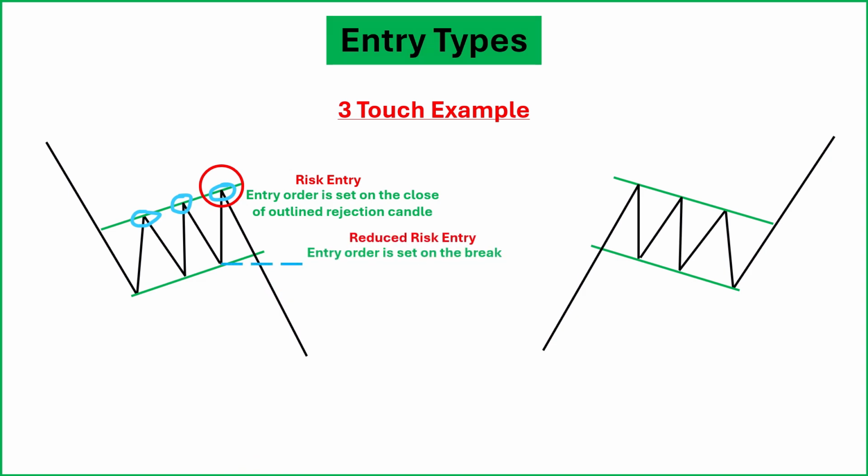Now down here, we have what's called a reduced risk entry. This is where the entry order is placed after the structure has broken. You're basically waiting for confirmation, letting the market show its hand first. Pretty simple and straightforward, right? So let's line them up. First, we've got our risk entry, and second, we've got our reduced risk entry. Both are valid. It just depends on the position, the sequence, and your confidence in the setup. All right,